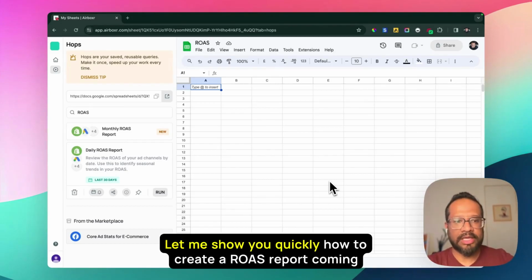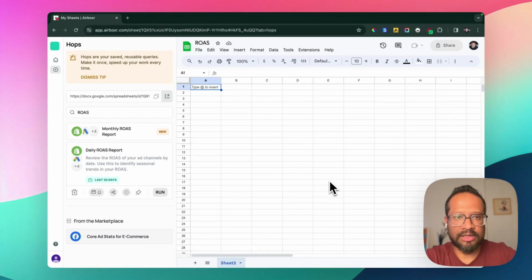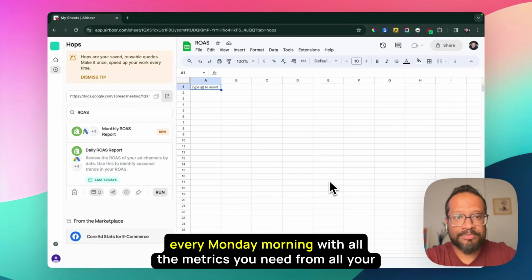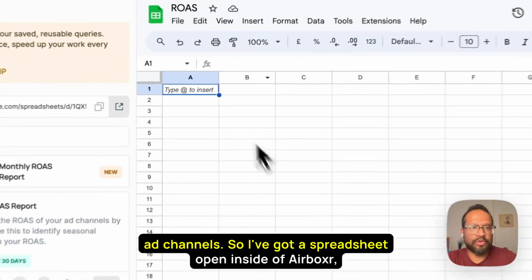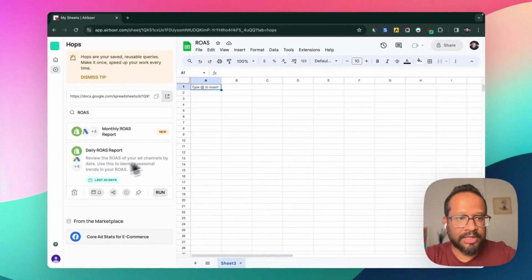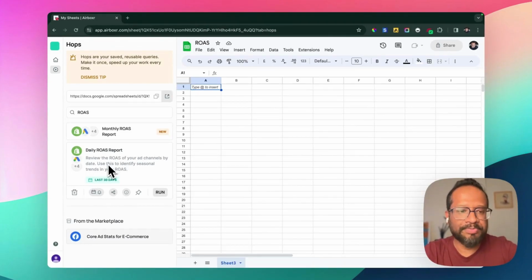Let me show you quickly how to create a ROAS report coming from all your ad channels, and then set it up so that you get an email every Monday morning with all the metrics you need from all your ad channels. So I've got a spreadsheet open inside of Airboxer, and I've got this hop, an automation hop,